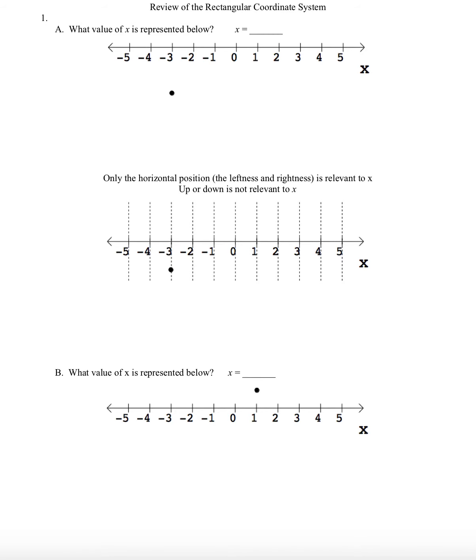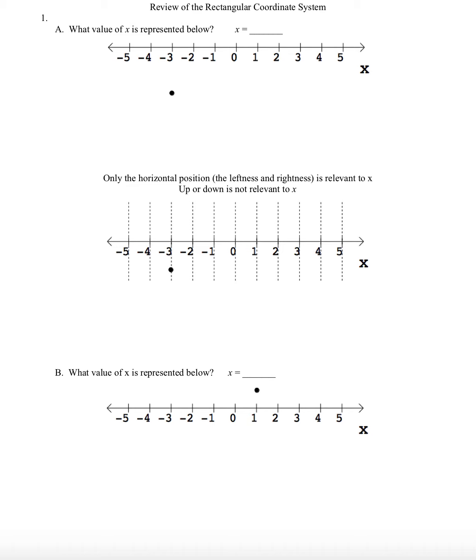Here I have an x-axis with a dot hovering around it. Is there a value of x that's represented by that dot? Or is it because the dot's not on the axis, there's no value that's represented? Well,